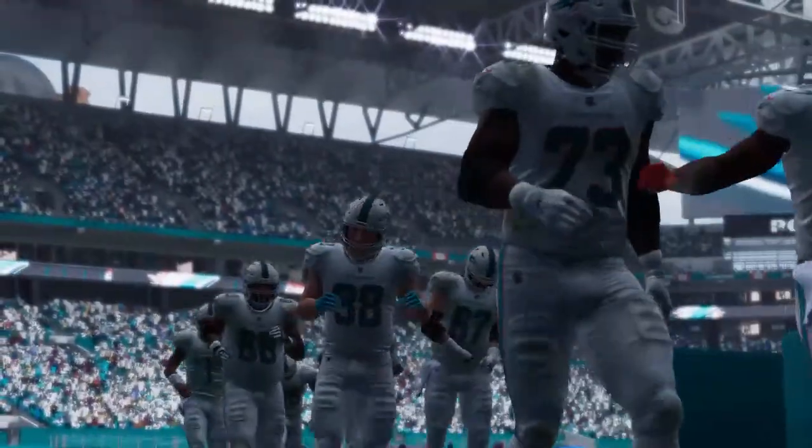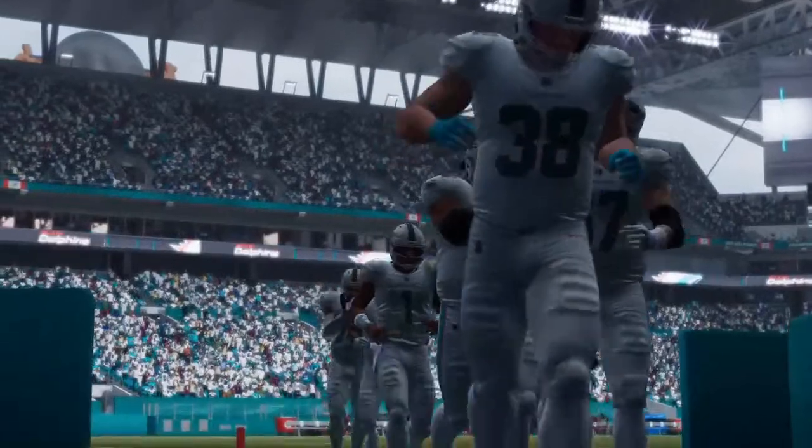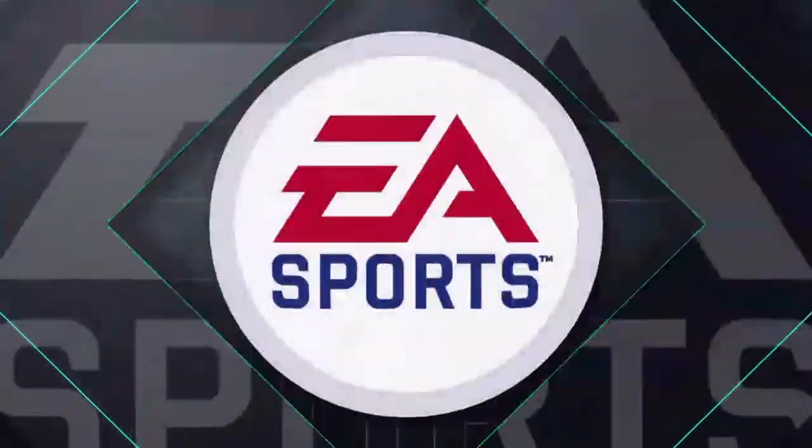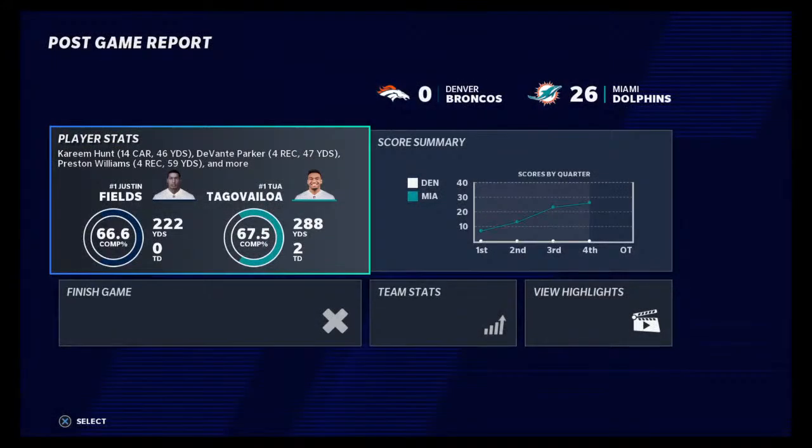So for Miami, that early momentum continues here as they move to 4-0. And they'll hit the road next week to take on the Buffalo Bills. Meanwhile, for Denver, they'll fall back to 500 at 2-2. And they'll get a chance to reach